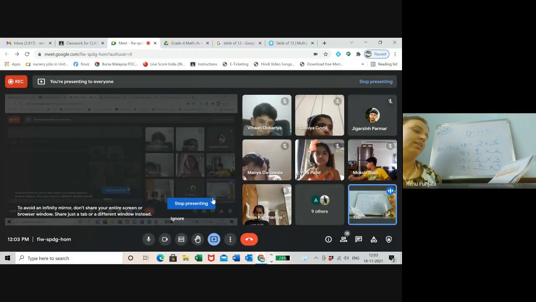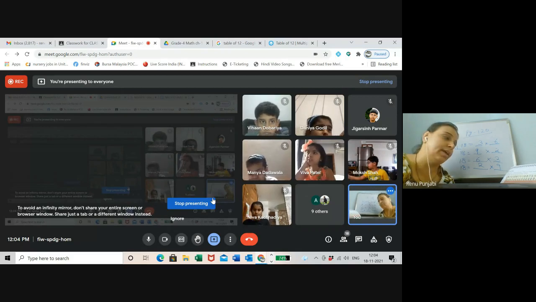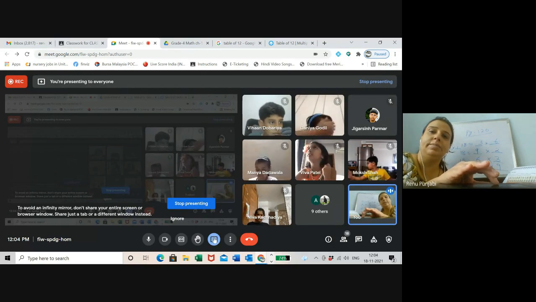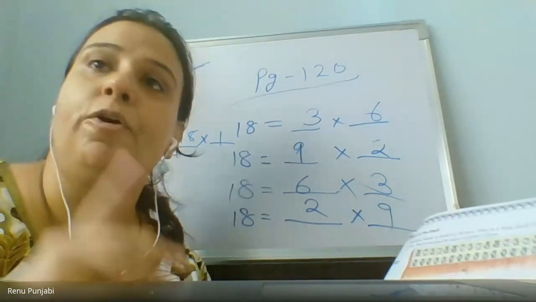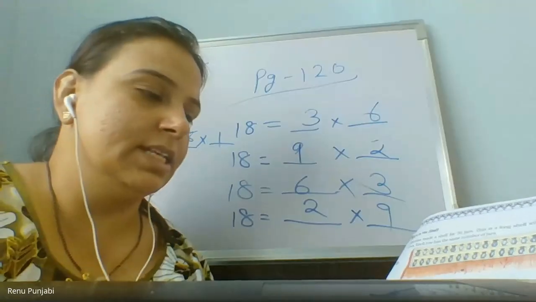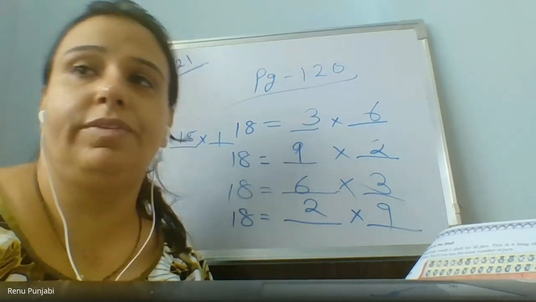Can you think of other ways to make a shelf to keep 30 jars? In what other ways can you keep 30 jars? That was one way. Tell me. Ma'am, 3 multiplied by 10. 3 into 10 means 3 rows and 10 columns. Use the words column and row so that you will have a habit. Another way. Yes, Viva. 2 columns and 15 rows. Very good.